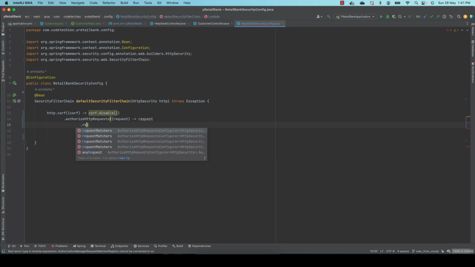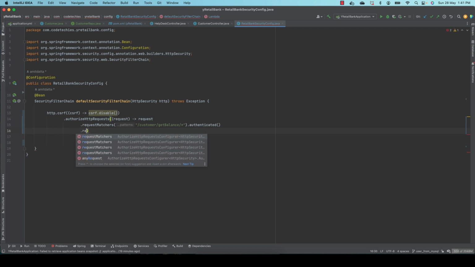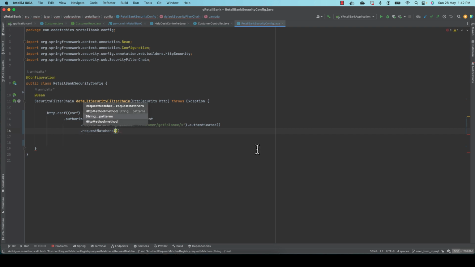Request dot requestMatchers, and here let me copy the same thing from my previous example to save some time. Then request dot requestMatchers dot authenticated. Again requestMatchers, and here I can say contact dot permitAll, followed by what we get dot